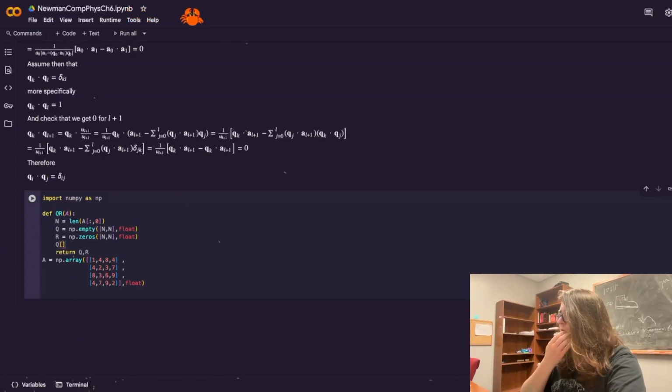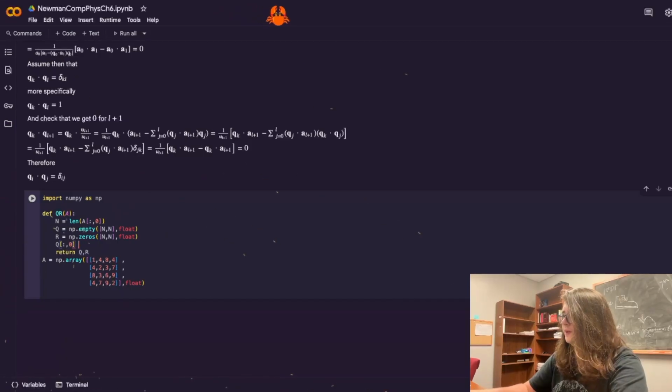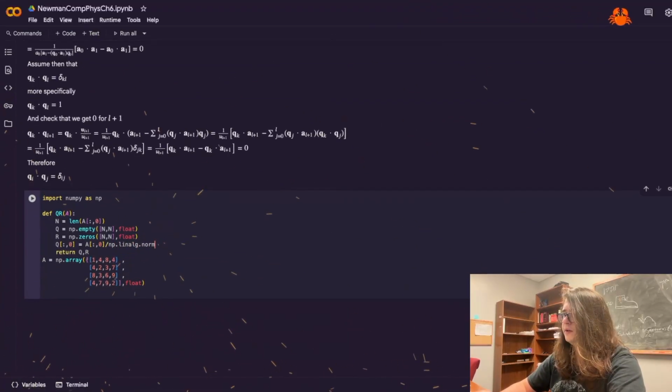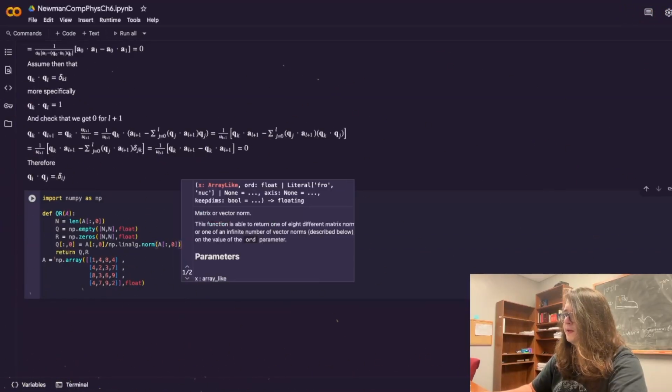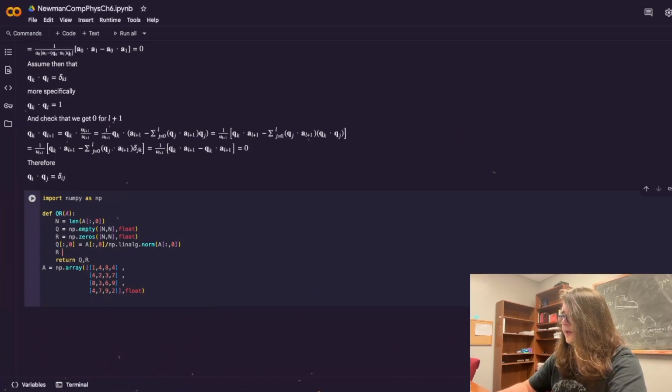Q, the first column, so colon comma 0, is equal to a colon comma 0 divided by the norm of a colon comma 0. The first diagonal element of R, so R at 0, 0, will also just be the norm of the first column of the A matrix. So colon comma 0 here,